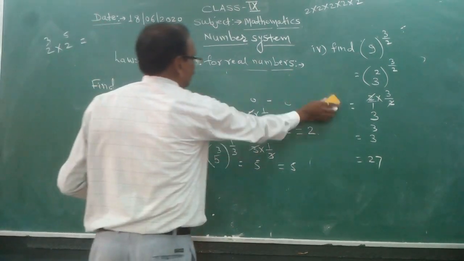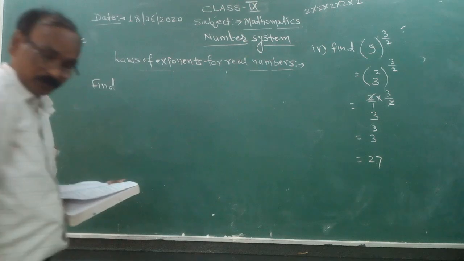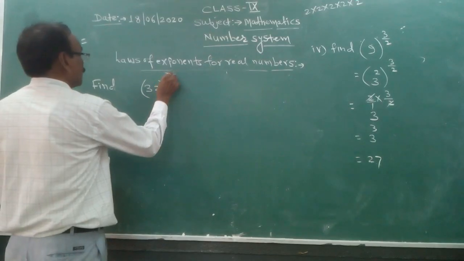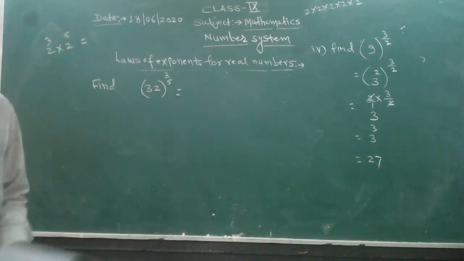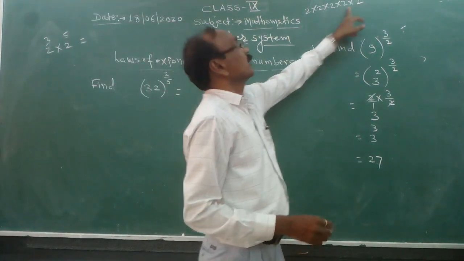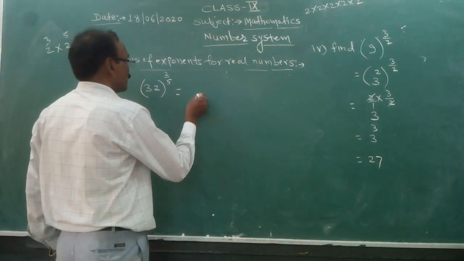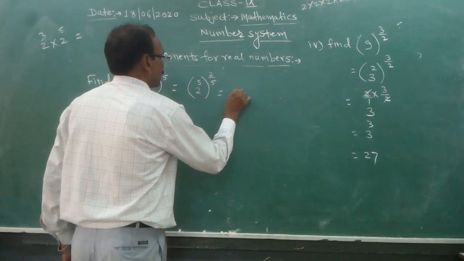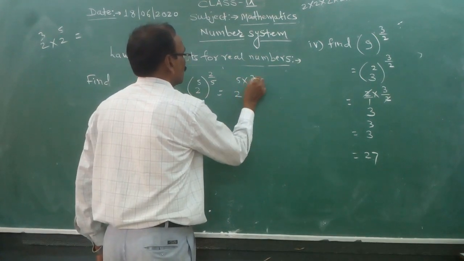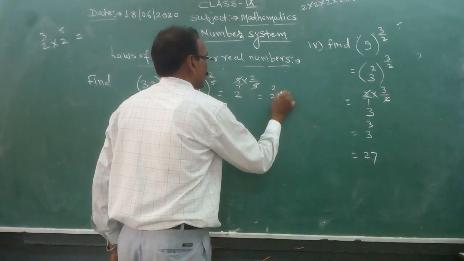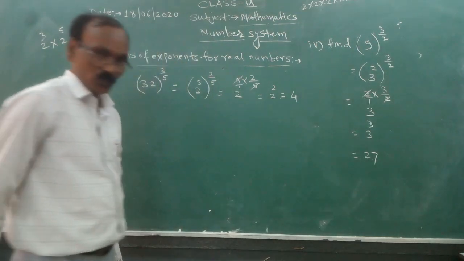27. Okay. So again, take some more examples. 32 raised to the power 2 by 5. अब यहाँ पर देखो पावर 5 है, पहले जैसे ये मैंने यहाँ पर लिखा था 2 का पावर 5 मीन्स 32. So 2 का पावर 5 whole raised to the power 2 by 5. That is 2 raised to the power 5 into 2 by 5. यहाँ डिनोमिनेटर 1 है, कैंसिलिंग दिस 5. 2 raised to the power 2, that is 2 square, means answer is 4.